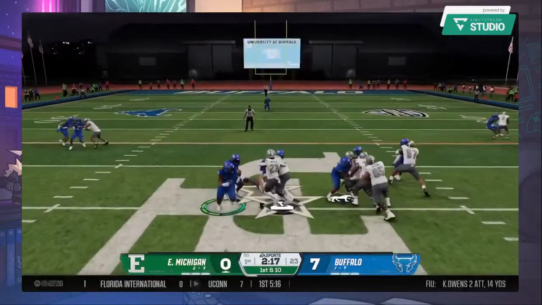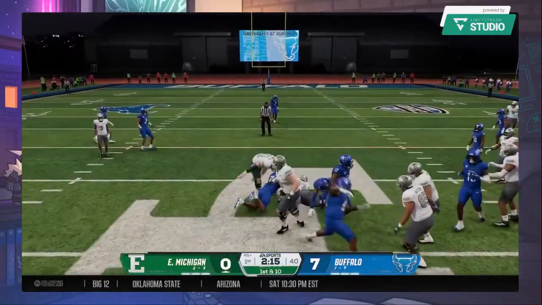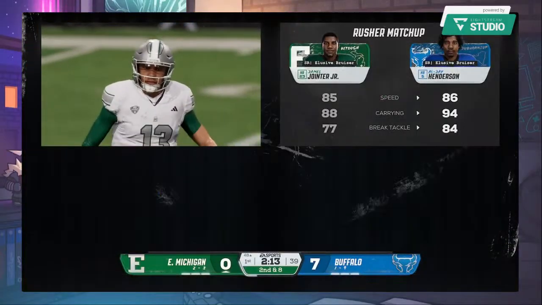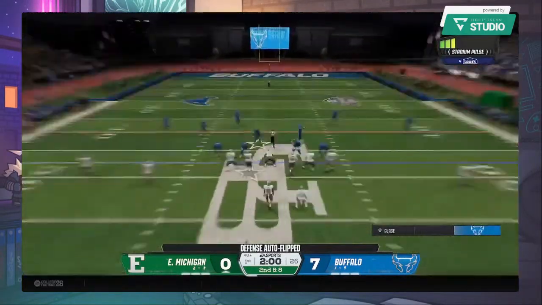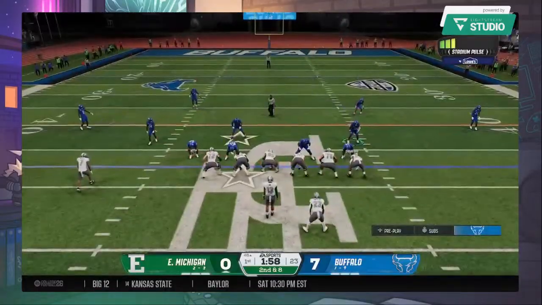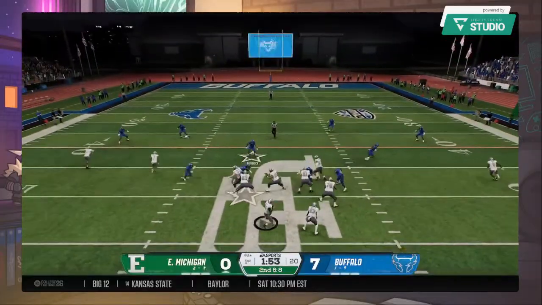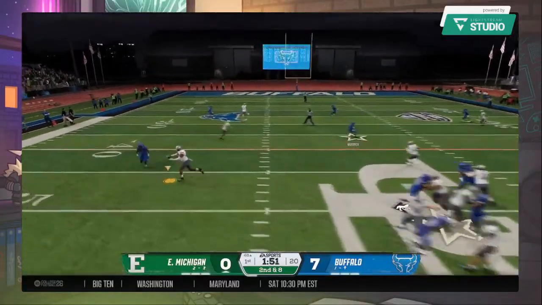They'll go to the ground. Not a whole lot of progress made there on the short run. That's a really good job by the defense, wrapping them up, getting them on the ground. Take away that run game. Make them one-dimensional, put them in passing situations. Really good job by the defense.